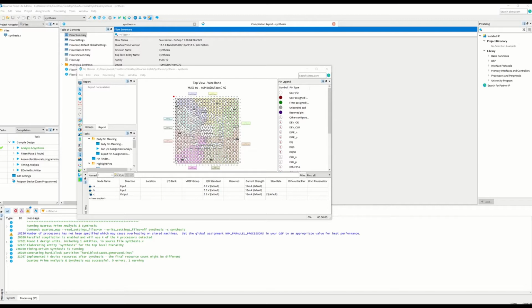So let us assign two switches to our inputs A and B, two slide switches, and the slide switches basically run from C10, C11, C12, and D12, A12, B12, A13, A14, B14, and F15. So these are the internal FPGA pin numbers that are corresponding to slide switches of 0 through 9, and the IO standard for slide switches is 3.3 volts LVTTL.